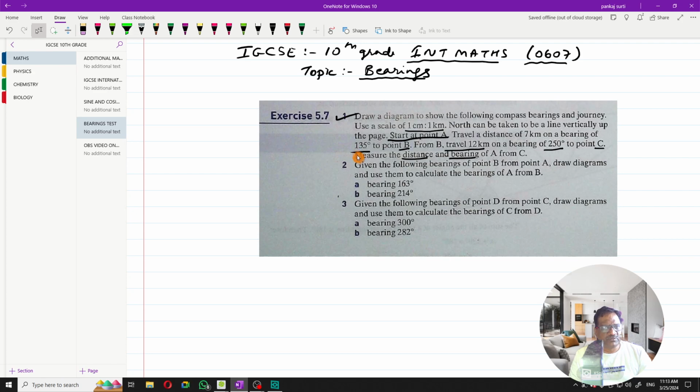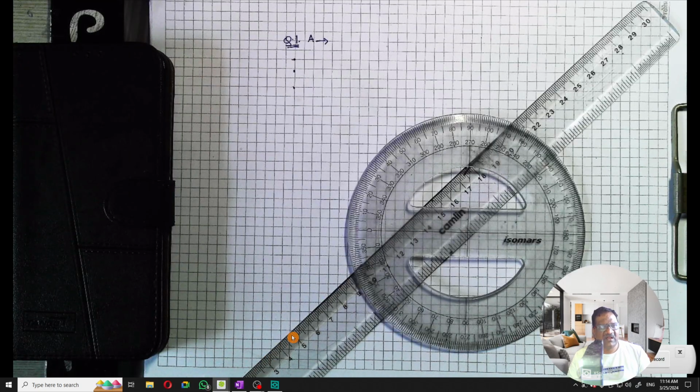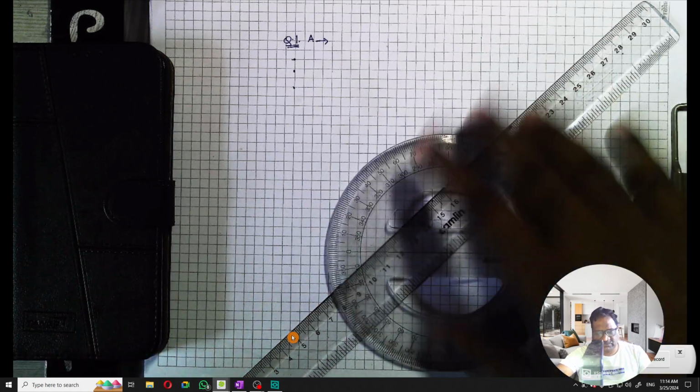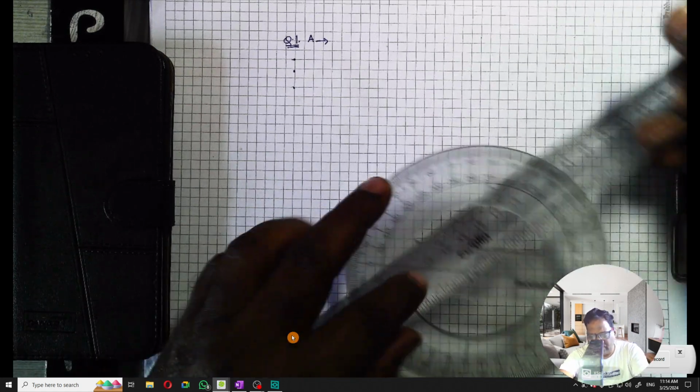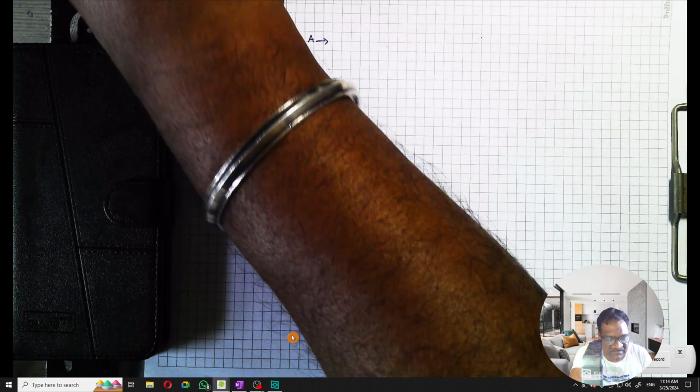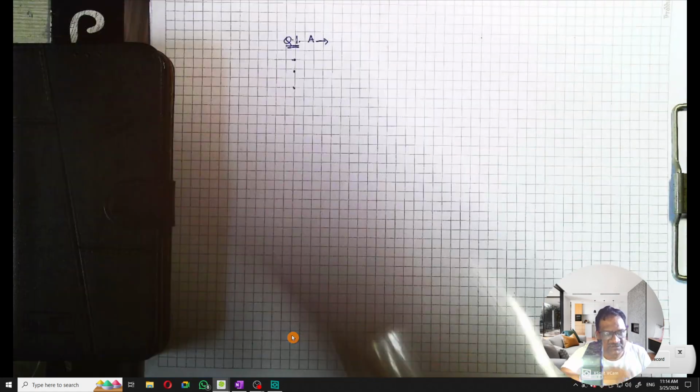Now, to make you understand this question number 1, how to draw and get the solution to this question, I'll take you to this screen over here, and I'll tell you what you have to do to get the answer to this. So according to the question, whatever things are given in the question, I'm going to write in short first. So in question number 1a, he says one thing is that